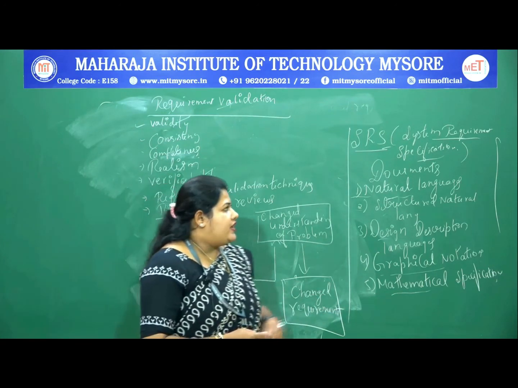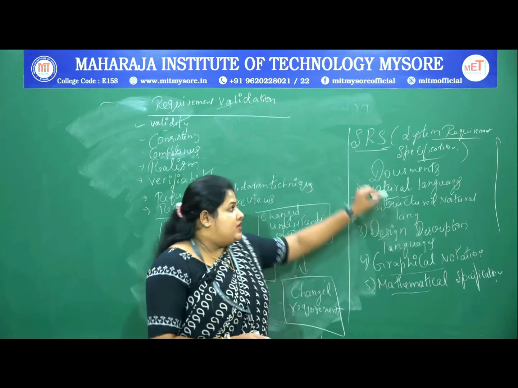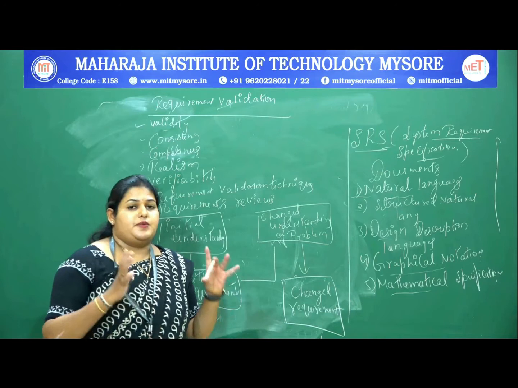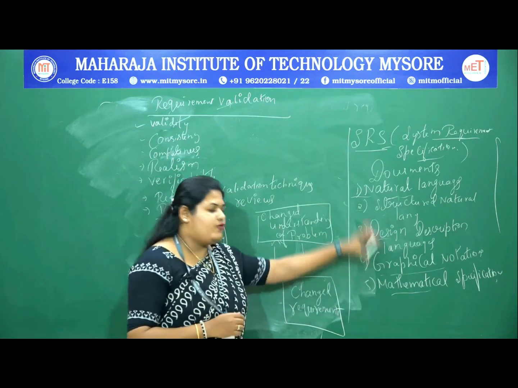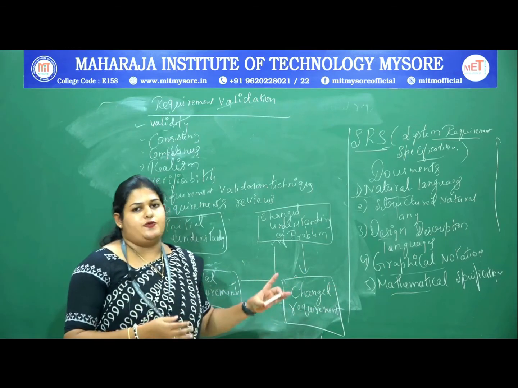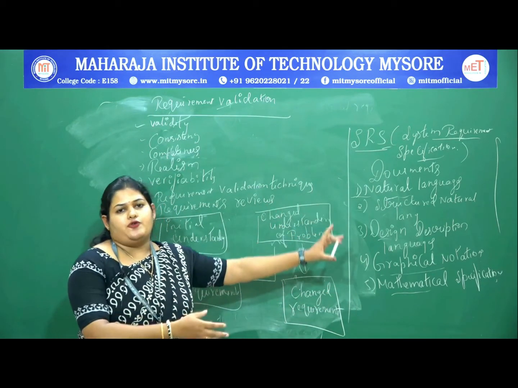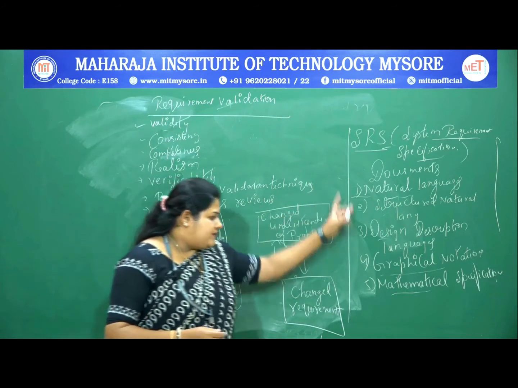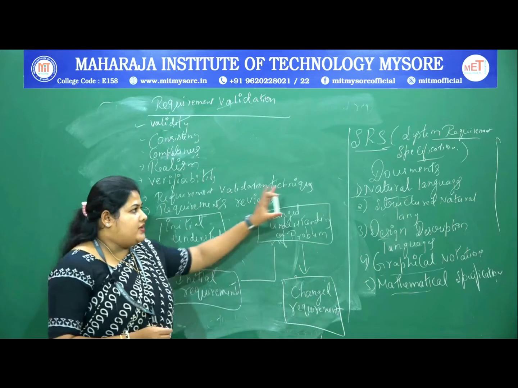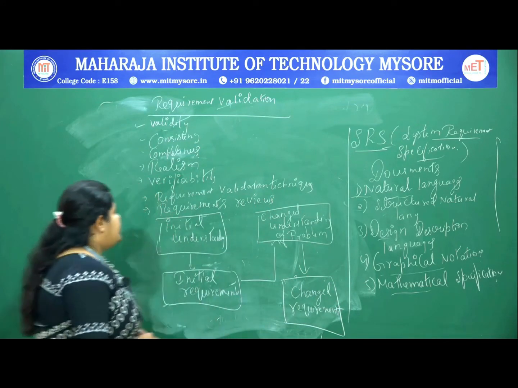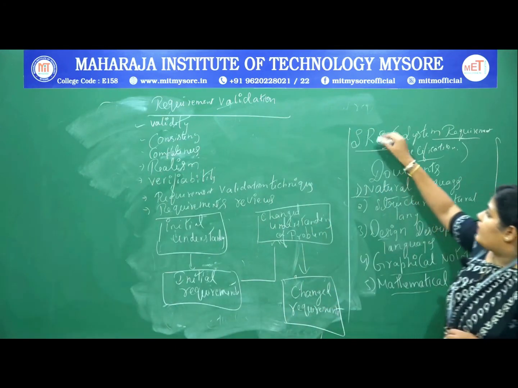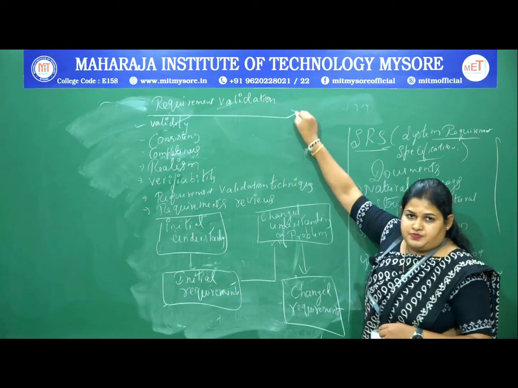So in software engineering, as I said, this SRS document, the system requirement specification document, is one of the most important steps to be followed. With it, we get an idea of what is actually being done by the software engineers with respect to the software product. That is why this process plays the major role in software requirement specification. If you are comfortable with that, the next step is requirement validation, right?